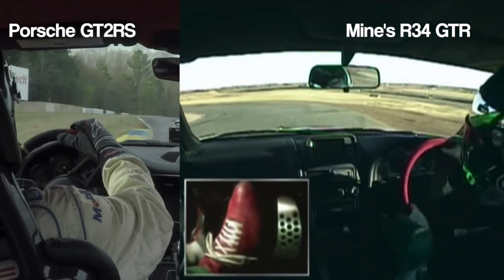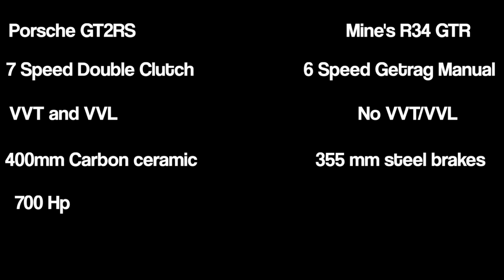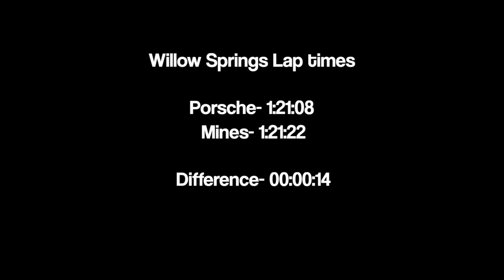and effortless almost. The GT2 RS has variable valve timing and valve lift, which helps with engine response and controlling the power band, which is of course helpful in turbocharged applications like the GT2 RS. The R34 has no valve timing at all. The Porsche has 400mm carbon ceramic brakes versus the 355mm alloy steel brakes on the R34. The Porsche has 700 horsepower versus the Mines R34 having only 600 horsepower. I think you get my point where I'm going with this, and the difference is just a mere tenth of